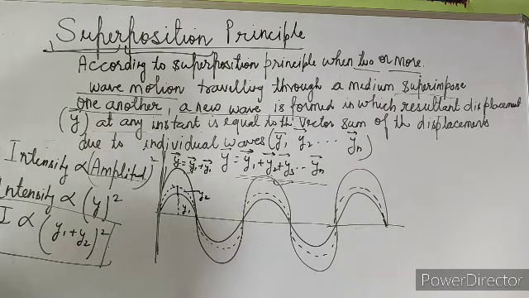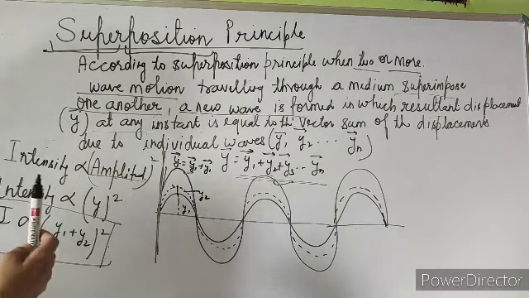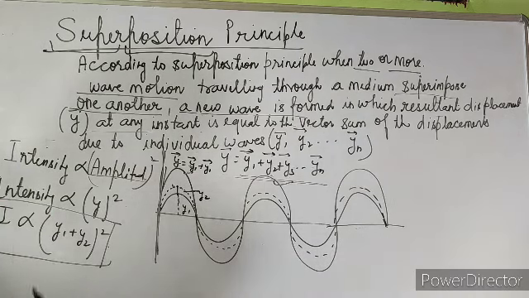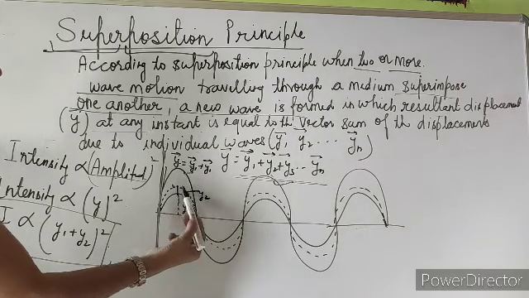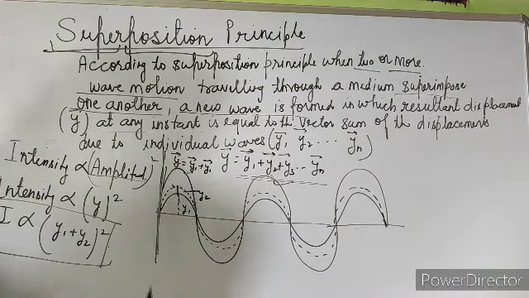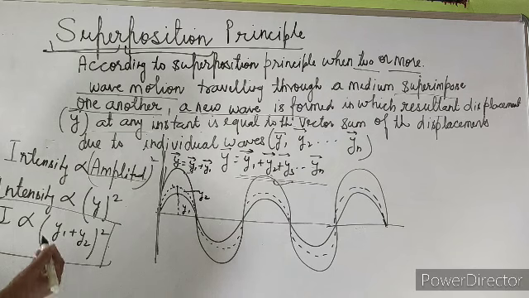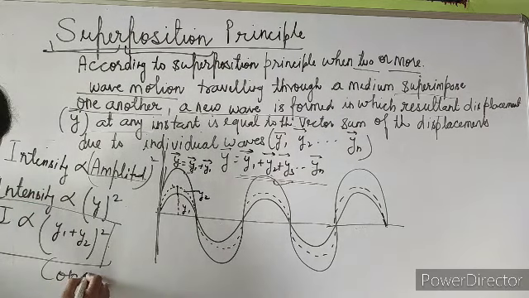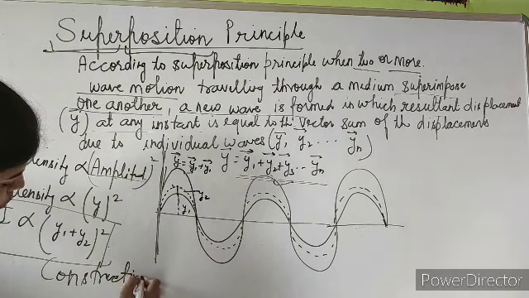And students, this is the case of constructive superposition. Constructive and destructive I have already told you in class 11, and in the coming topics we will understand constructive and destructive interference in a broad way. So from constructive you can understand that where the amplitude of the resultant wave is increasing, that superposition is known as constructive superposition.